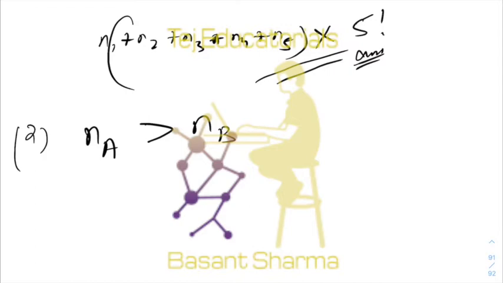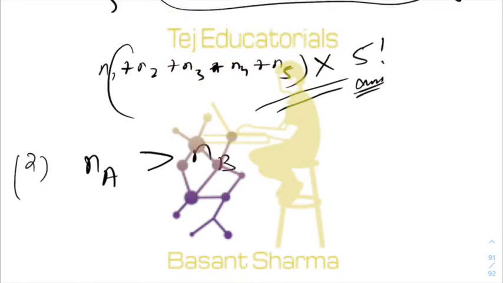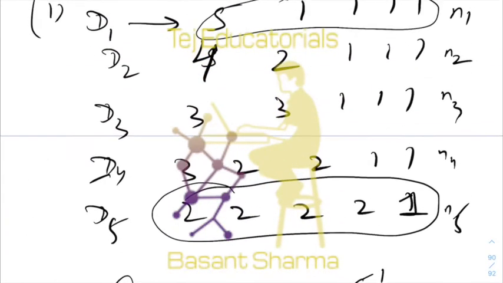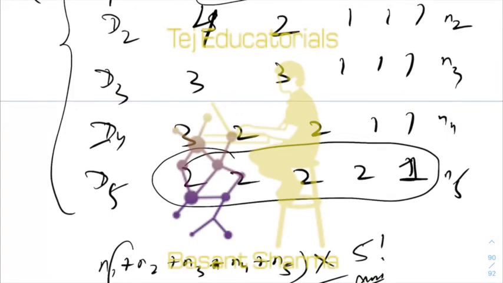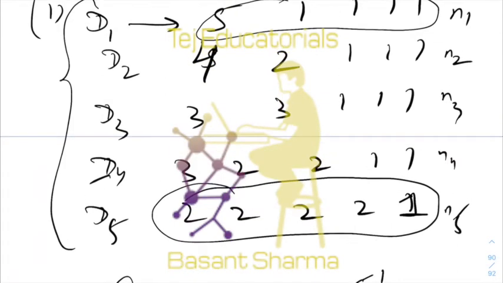You see, the distributions that we have obtained in the first part, these are all the possible distributions. There can be no other distribution which is possible. Which group will go to which person, that is a different case, but the distributions are these 5 only. There is no other way in which you can distribute 9 different objects among 5 persons.